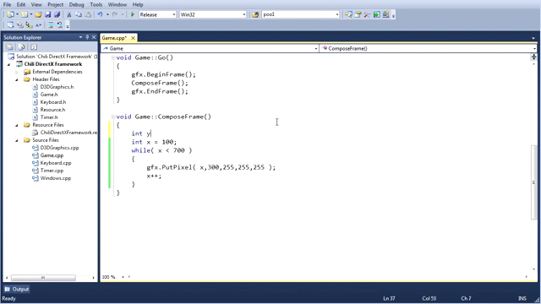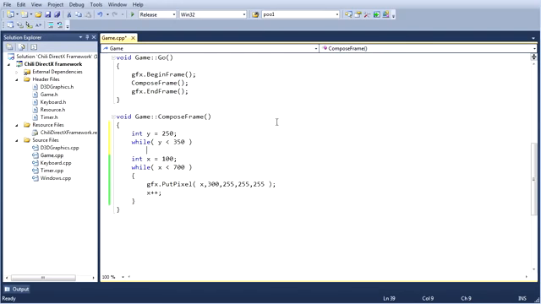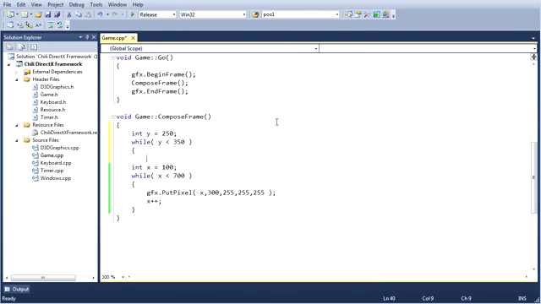So we do int y equals 100, while y is less than, we'll do this proper here. Okay, if I make it 100 by 100, and it's 300, that's 200. No, that's 250. Okay, where's my delete key? There it is. So we got 250, and while y is less than 350, I hate you, keyboard. We want to